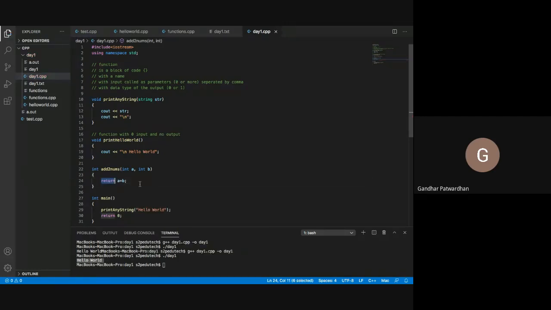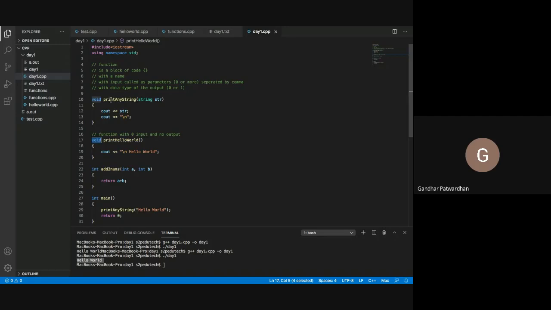Now a function which has a return statement, as of now, you can say that function has an output. For functions which do not have any return statement, you can safely write void as the data type. What to write as the return type of a function simply depends upon what job that function is doing. मतलब वो function क्या काम कर रहा है, उसके बेसिस पे आप वो function का return type लिखोगे, ठीक है? जैसा ये print hello world, ये क्या कर रहा है? ये सिंपली एक cout कर रहा है, कंसोल पे कुछ प्रिंट कर रहा है। ये कुछ रिटर्न नहीं करेगा, ये सिंपली प्रिंट करेगा। इसीलिए हमने इसमें कोई रिटर्न स्टेटमेंट नहीं डाला और यहाँ सिंपली void रखा।